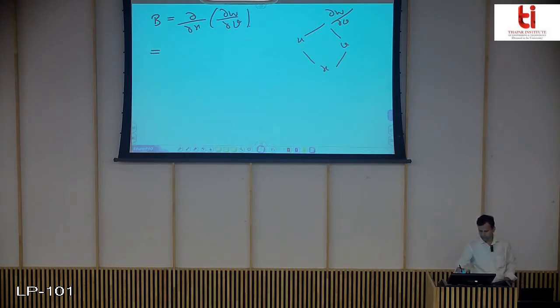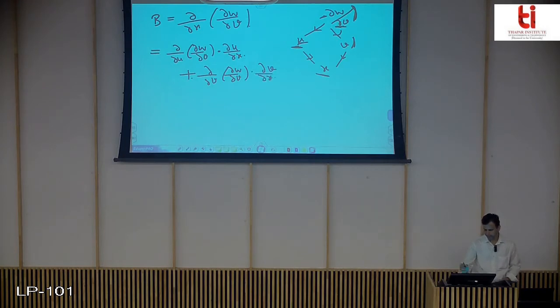In this case we will get, using the tree diagram, and I am not writing it here, I am just writing it directly in the formula. The derivative of this with respect to u, that is this term, dot the derivative of u with respect to x. So this is the first term that you get from path 1, from branch 1 and branch 2, by multiplying these two branches. Similarly, plus you get from path 2 the derivative of del w by del v with respect to v, dot del v by del x.